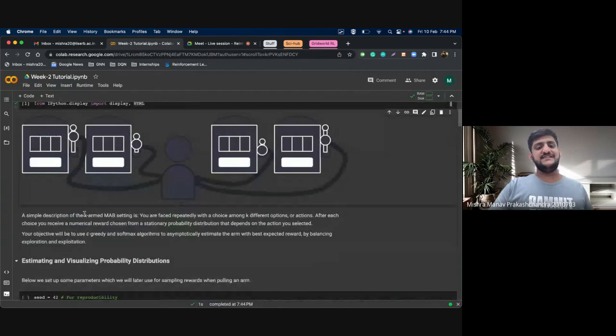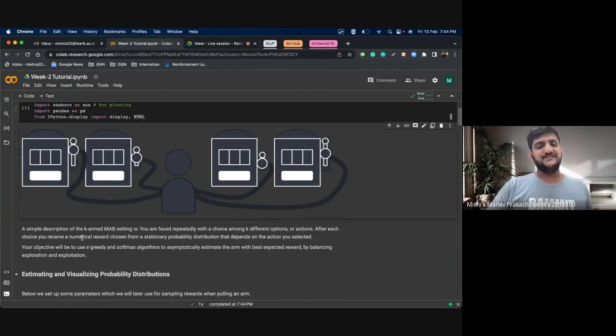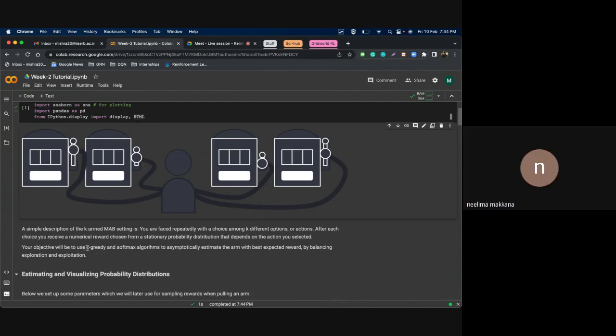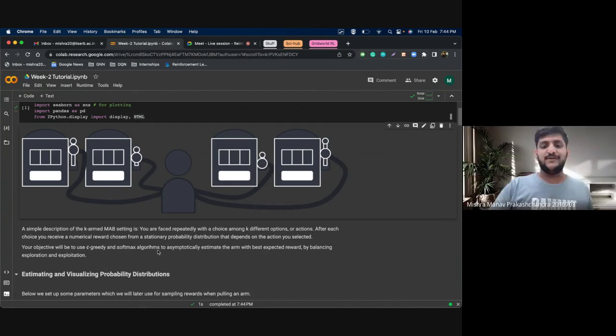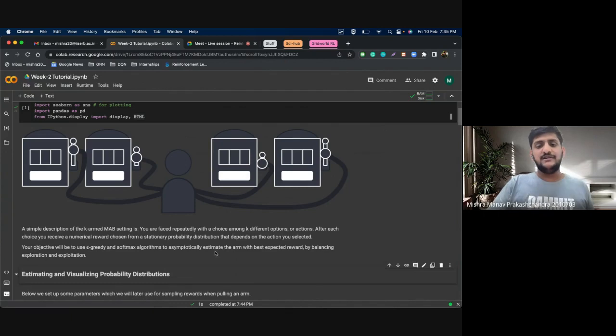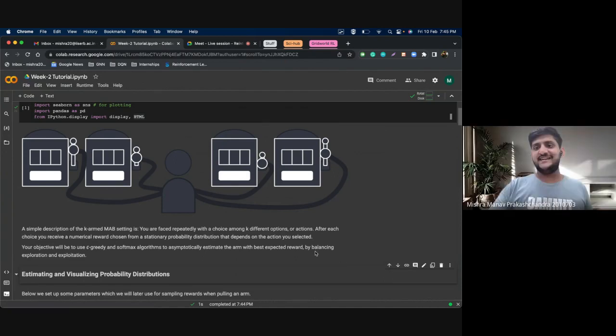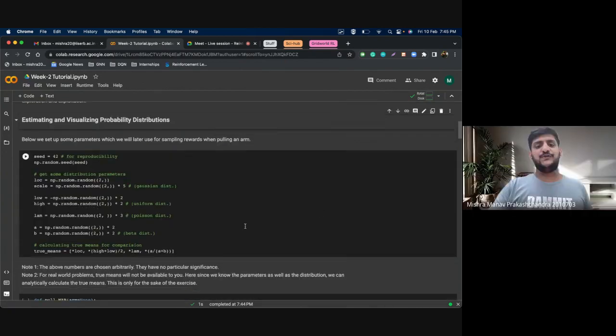So here I have a simple description of the multi-arm bandit problem. At each time instance, you are repeatedly faced with a choice among three different options. After each choice, you receive a numerical reward, which is chosen from a stationary distribution and depends on the action that is selected. So the objective that we have is to use epsilon greedy and softmax algorithm to asymptotically estimate the arm with the best expected reward while we balance exploration and exploitation. So for visualization purposes,